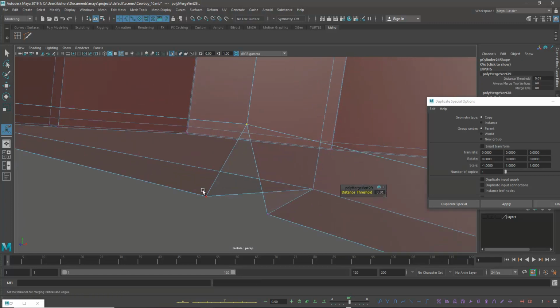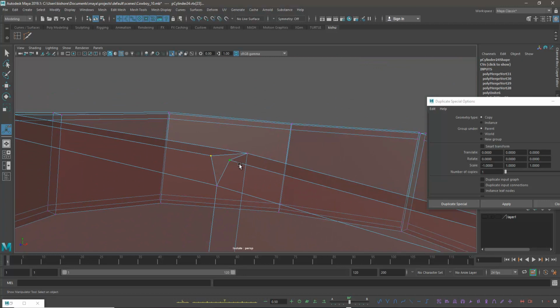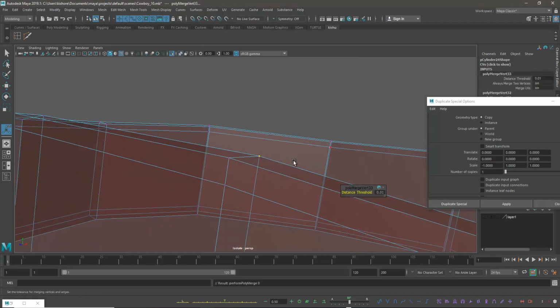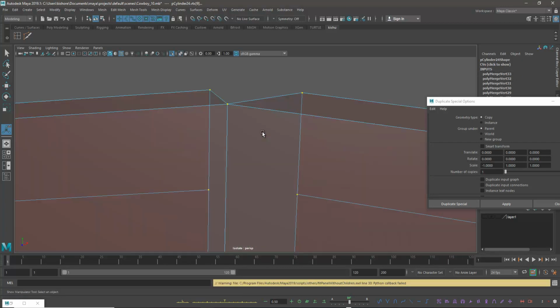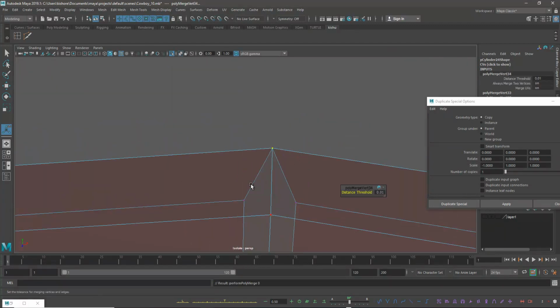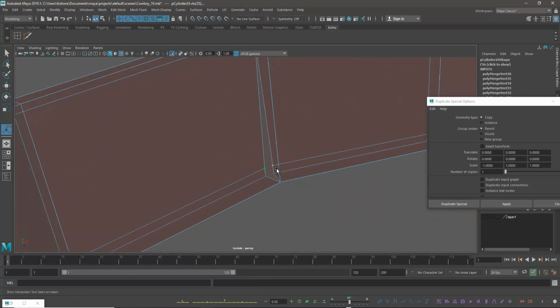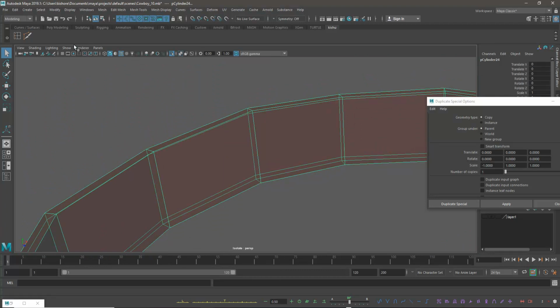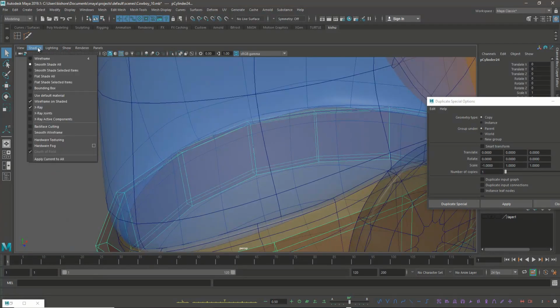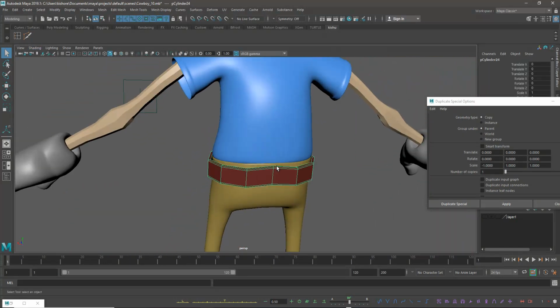G. So again, I don't need X-ray shade and I don't need X-ray analysis. This is sufficient. Now that's cool. And hit 3.